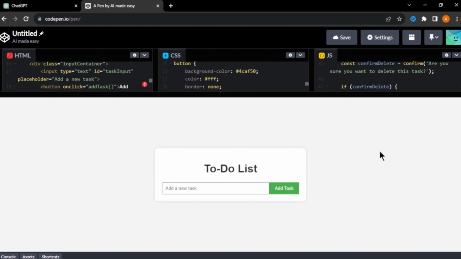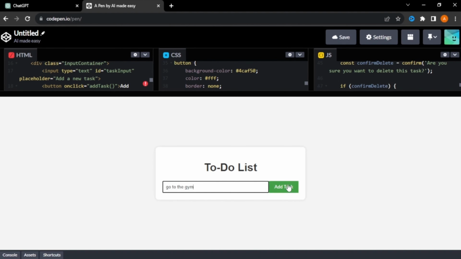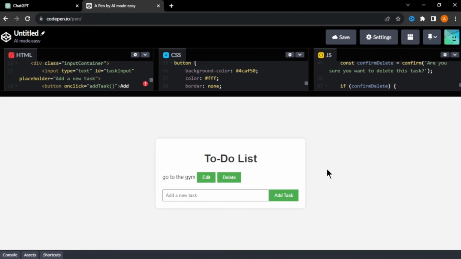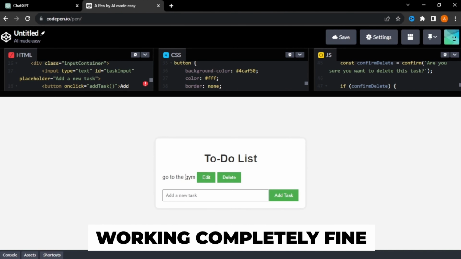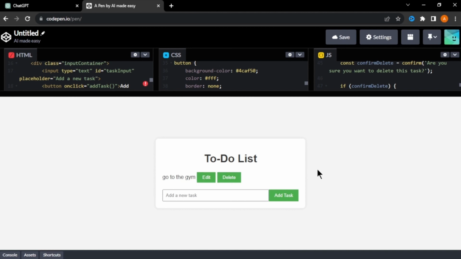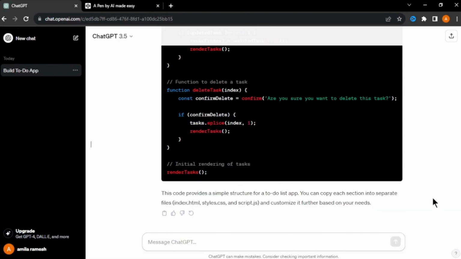I'm creating a to-do list app, so I'm entering, Go to the gym, and click Add Task. As you can see, our task is added and you can see the edit and the delete button. Our app is working completely fine, but we can improve more of its look, more options, and different icons to make it more attractive. To do that, go back to ChatGPT and ask it to regenerate the codes with the